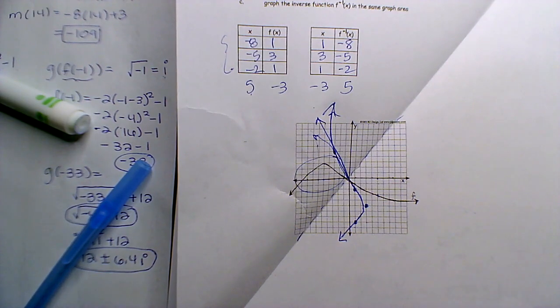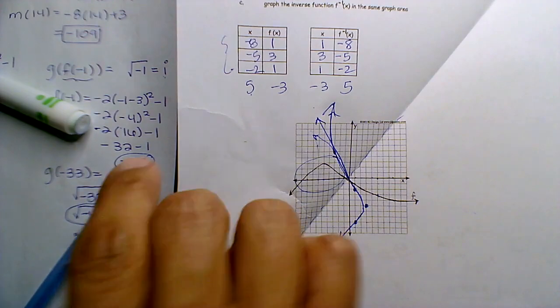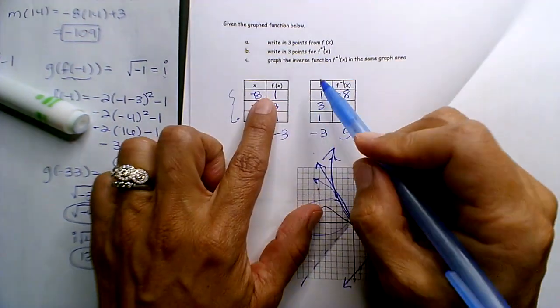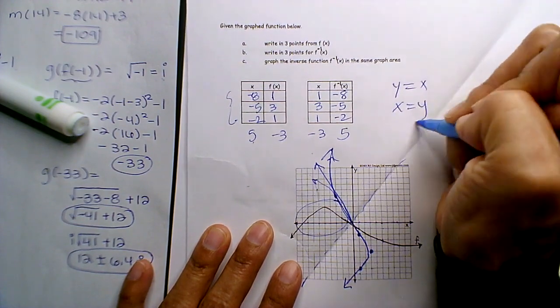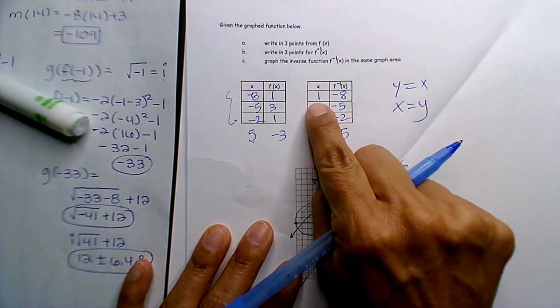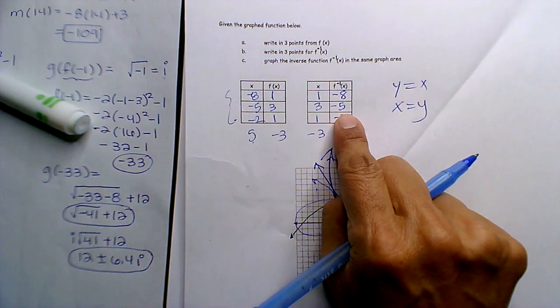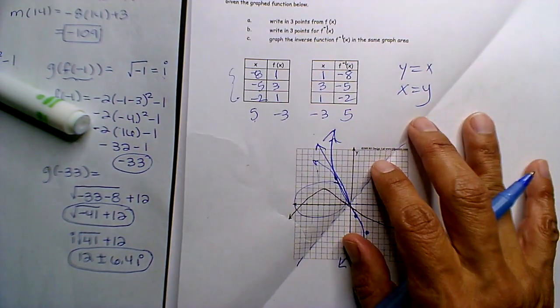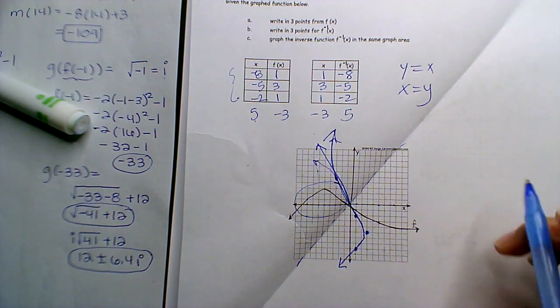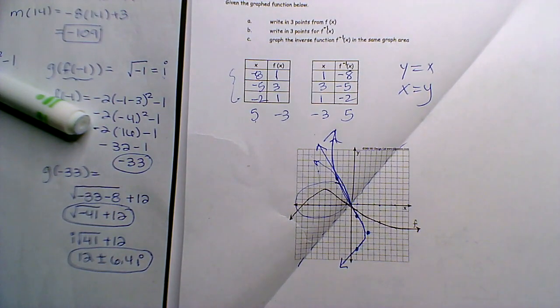Can I stop it? Yeah, okay. And you guys, oh, I know I didn't explain it. Inverse function, you just switch the x and y, right? Y is equal to x, x is equal to y. That's why negative 8, 1, 1, negative 8. Negative 5, 3, 3, negative 5. Yeah? Like I said, if you knew very little in your group, do this problem. It was really easy. All right, let me